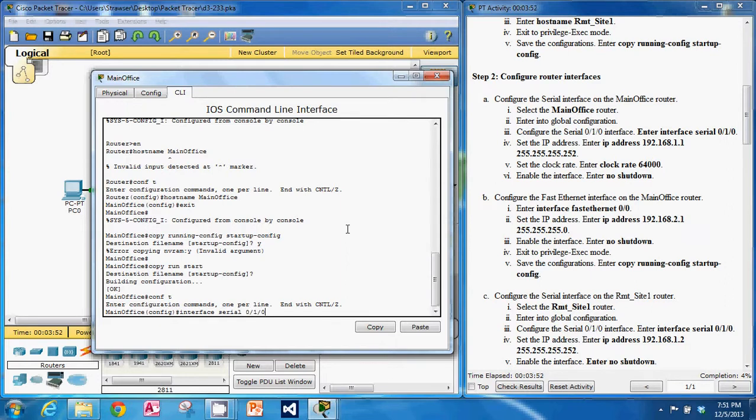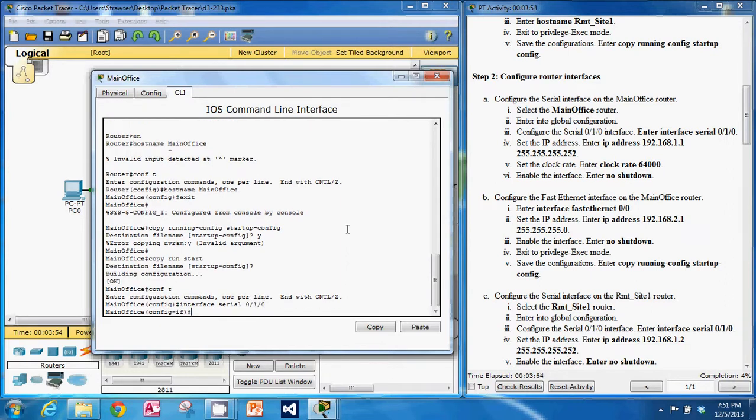So then we go into the interface config here, and we will give it the IP address of